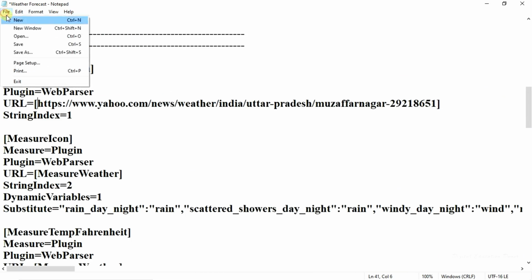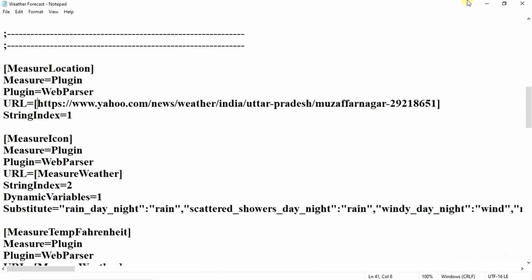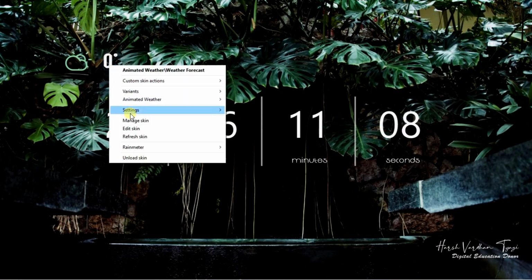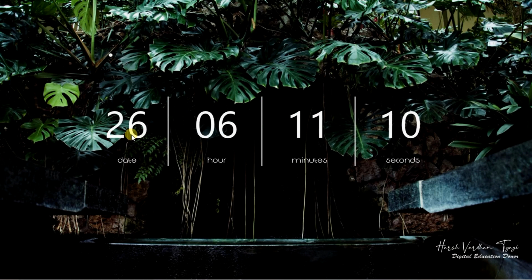File, save, close this part, and then refresh skin. Okay, now it is there.